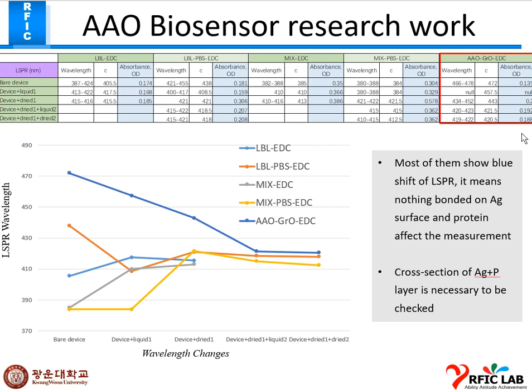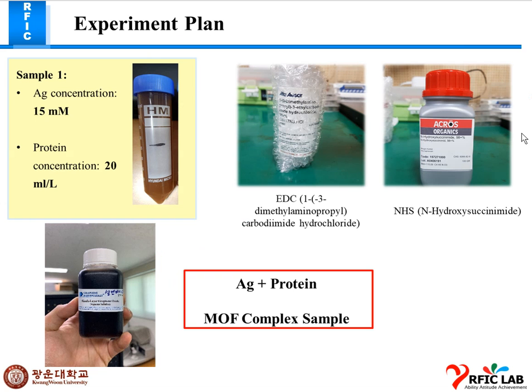Then we start with the AG protein and the MUA to start the experiment with the specific antibody antigen, like corona antibody antigen and urea antibody antigen. We already have three different kinds of AG protein sample, but we go with the 50 millimolar concentration of AG. So we go with this sample, and we cancel out this graphene oxide,